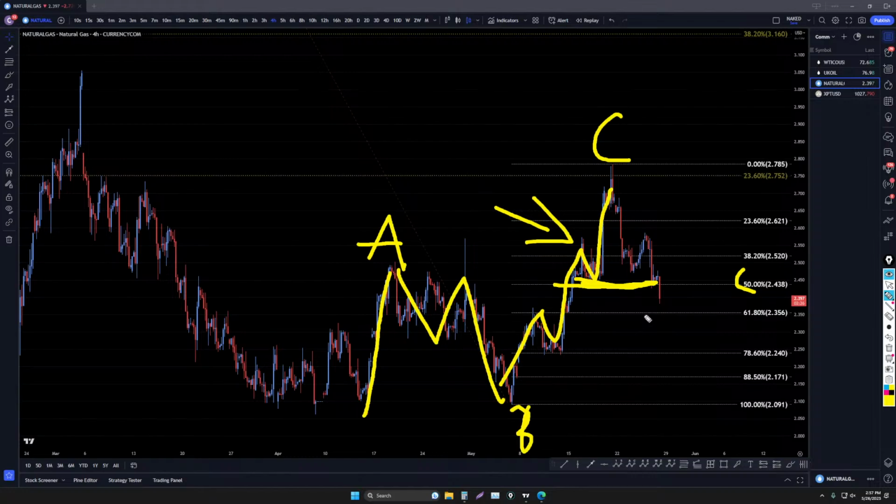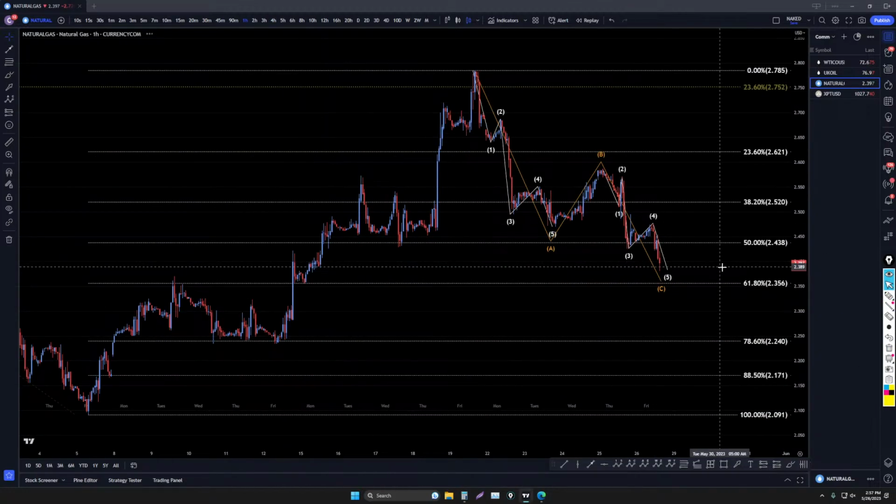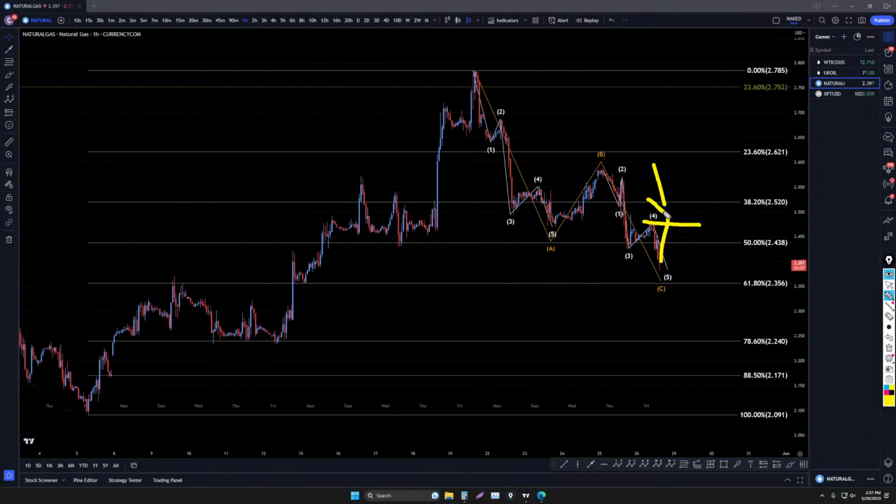If that wave is over, then that's probably the end of a wave C, and it probably will just keep on going down. So unfortunately, unless this thing within the next couple hours just goes up and does that and breaks structure, unless it does that, I would say that the trend may just keep on going down. It definitely could still be a wave C, but I would definitely want to see a break of structure to the upside before I would believe that.